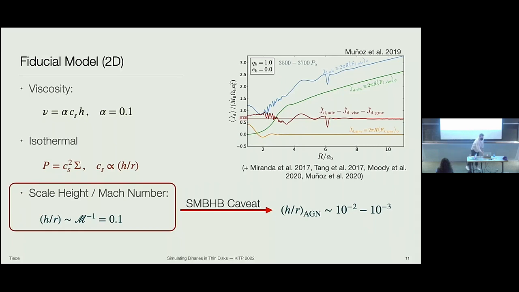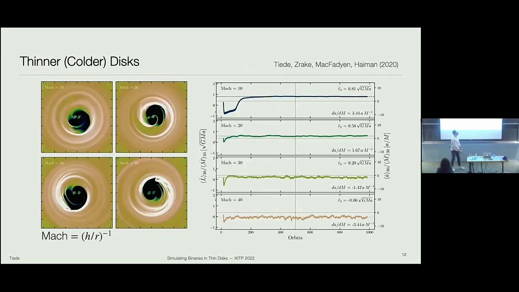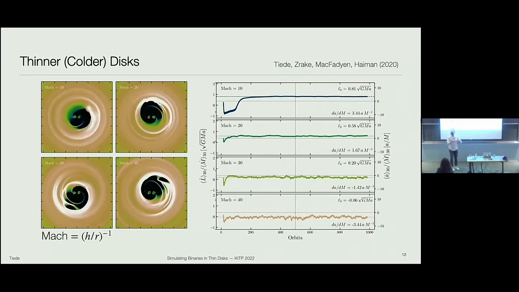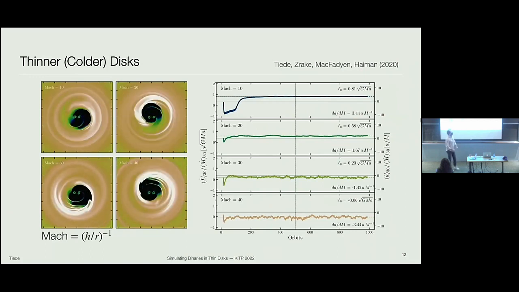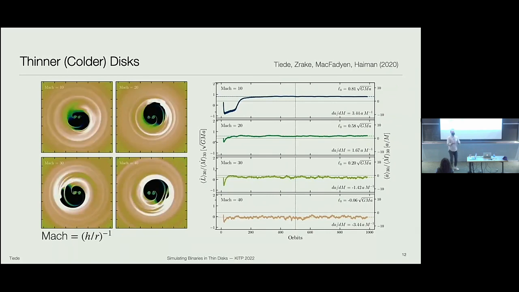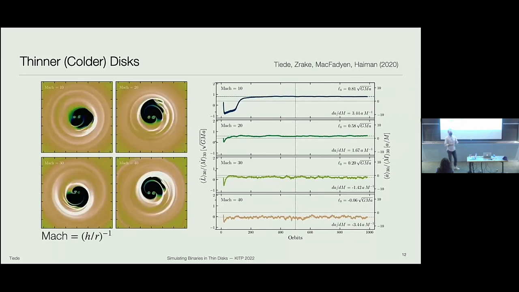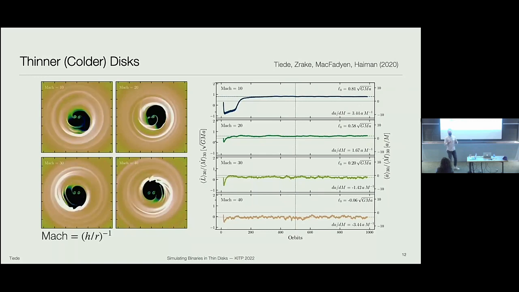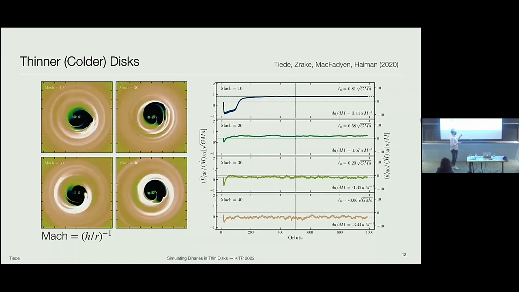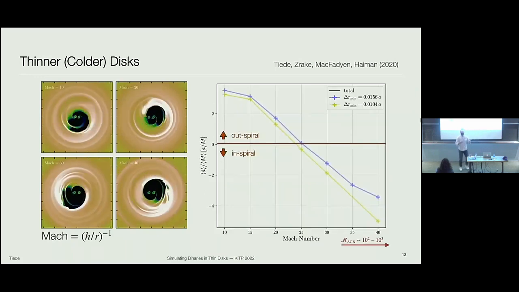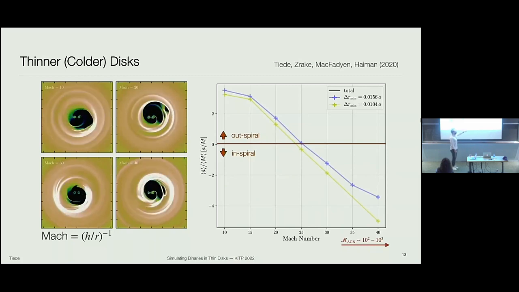So in order to see how this changes our picture, I did a study where I systematically considered higher and higher Mach number disks, or thinner and thinner disks, and to see how that would change the orbital evolution of the binary. And we found that it did actually have a significant effect. So on the right here is showing the specific angular momentum gained by the binary per unit accreted mass. And the important thing is if you take the average of these time series and convert it to a change in the binary separation, you find this plot that we looked at earlier,